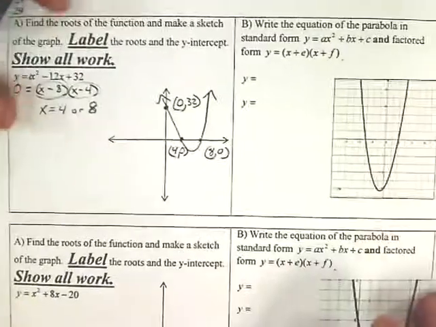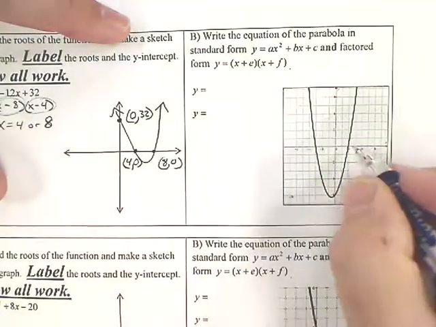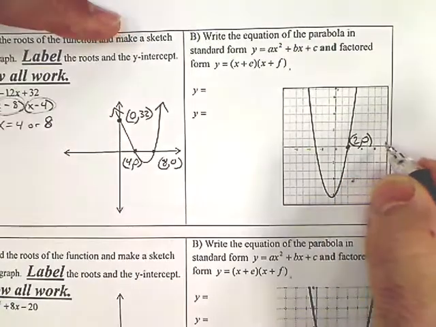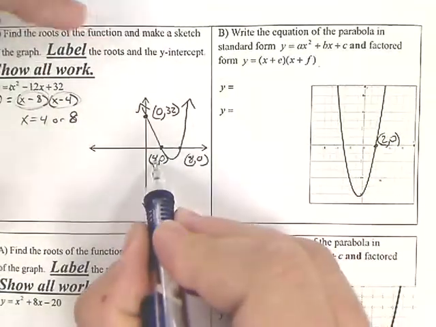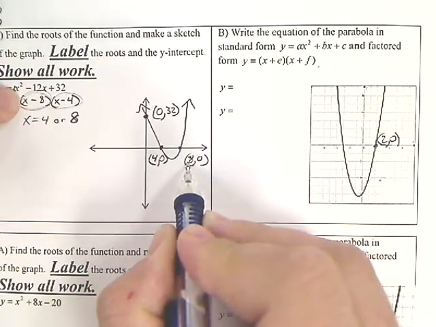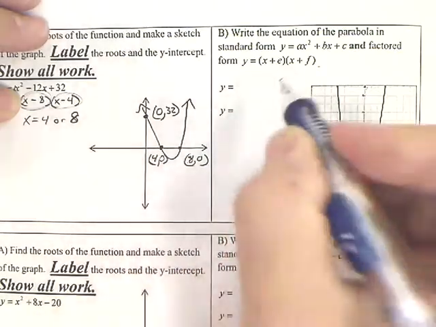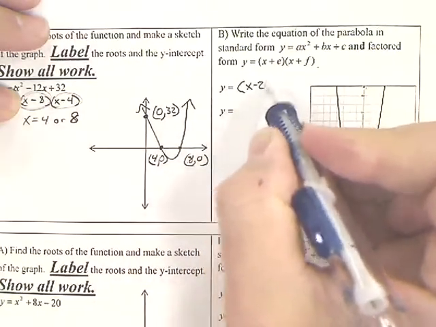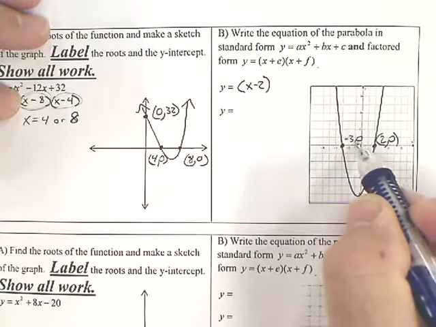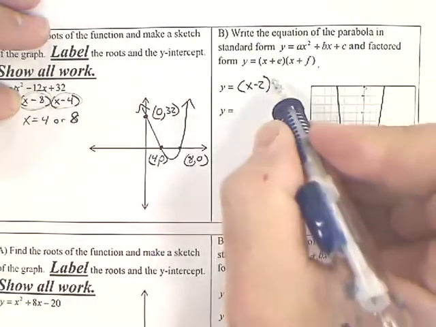Okay. And then just go in reverse. You just look at it and you go, oh, that's 2, 0. So I must, see how that was 4, 0? And this is x minus 4. It's 8, 0, and that's x minus 8. So this must be x minus 2. I know this point is at negative 3, 0. So this guy's got to be